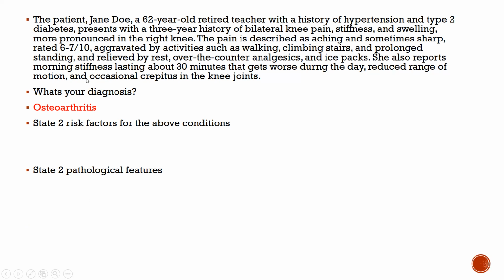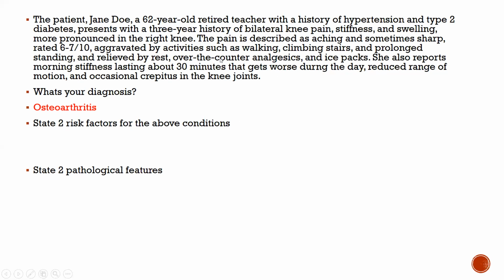Where it says she also reports morning stiffness lasting about 30 minutes that gets worse during the day. There's a trick between rheumatoid arthritis and osteoarthritis. The trick lies here. One gets worse during the day, and the other one gets better during the day. Reduced range of motion, and then there's occasional crepitus in the knee joint. So what's your diagnosis? I'd go with osteoarthritis because it tends to get worse during the day since it's a